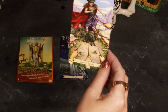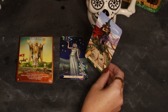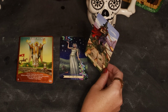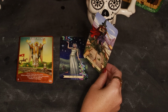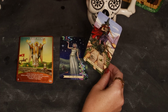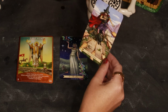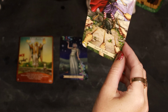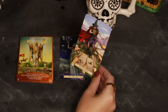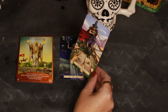And as you can see, with these wands coming at you, it's like they're projecting at you. So if you post something and somebody takes it the complete wrong way, which is possible, we're in Mercury retrograde right now, or they're just coming at you and they're in a terrible, bad mood, just know that they're projecting at you. A saying that I just really love, and if you look at these wands, it almost looks like fingers pointing, right? When you point a finger, there are 4 pointing back at you, meaning that a lot of times you accuse, like this is from the perspective of somebody who would be